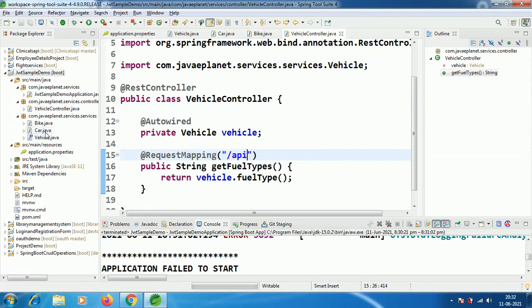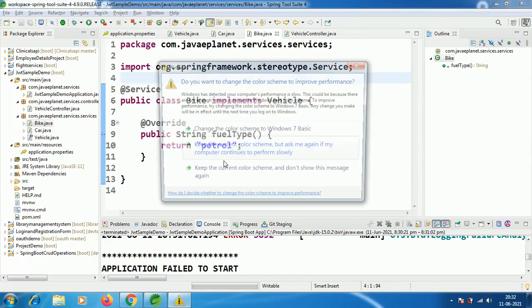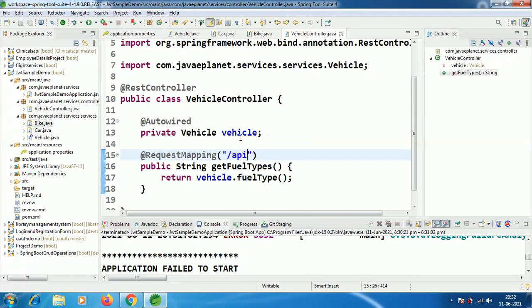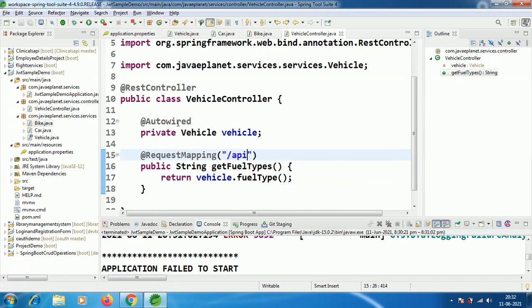If you open the Car class and Bike class, we have the same method, fuelType. So we must annotate the injection point, where we have autowired, with @Qualifier and provide it with the bean.